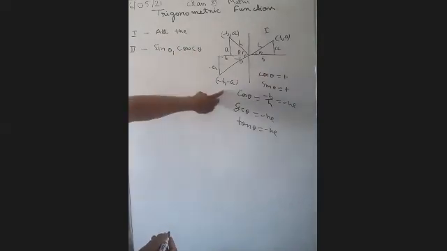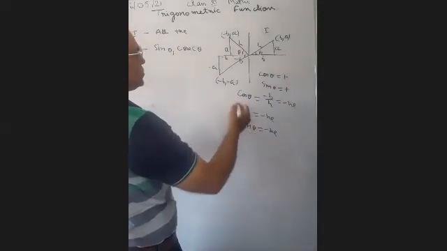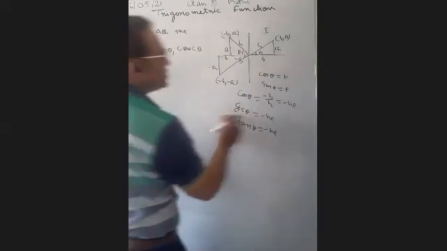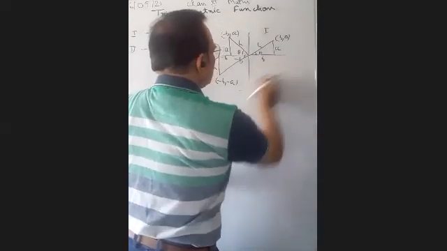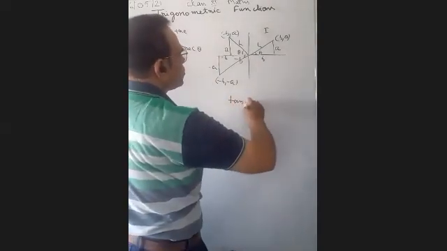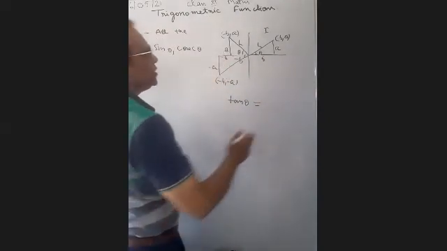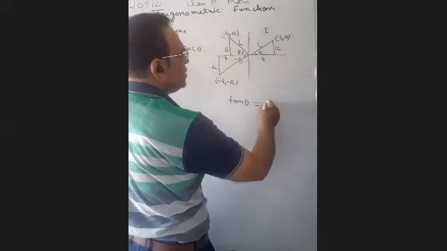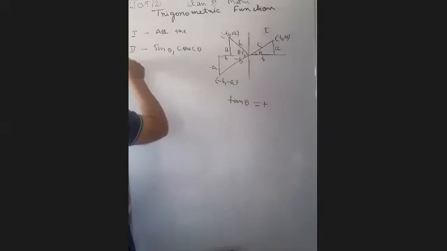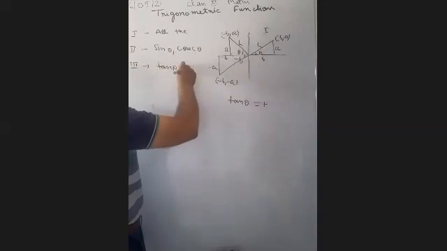In the third quadrant, now I'm just taking tan theta. Why are we taking tan theta? In the third quadrant, tan theta is equal to perpendicular upon base. So the perpendicular is minus a and the base is minus b. Both are negative. If we divide, then we will get a positive term. So tan theta and the reciprocal of tan theta, cot theta, these two terms will be